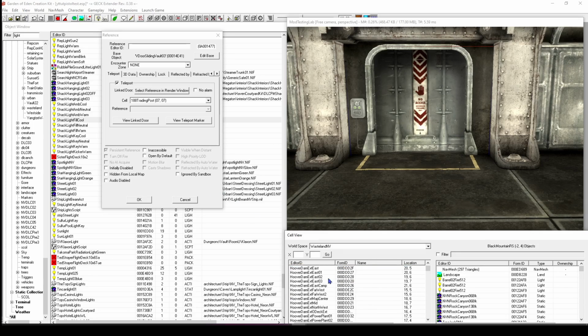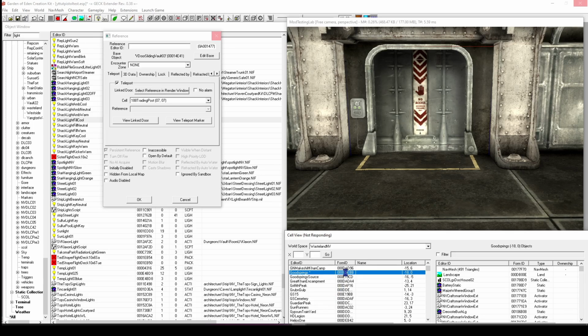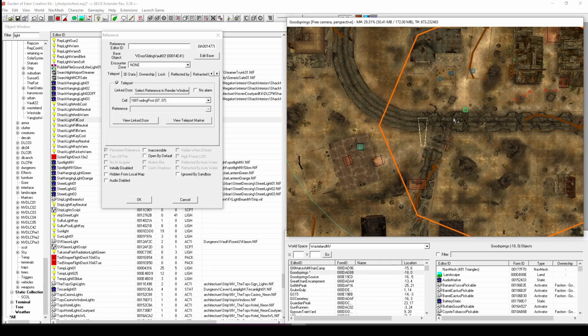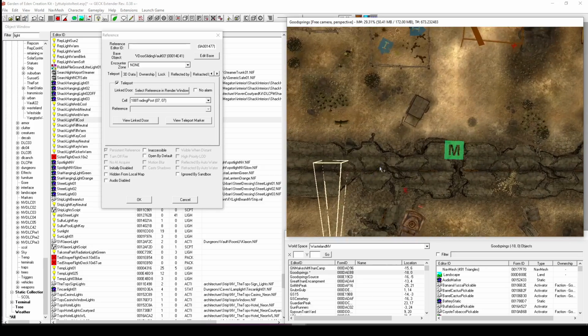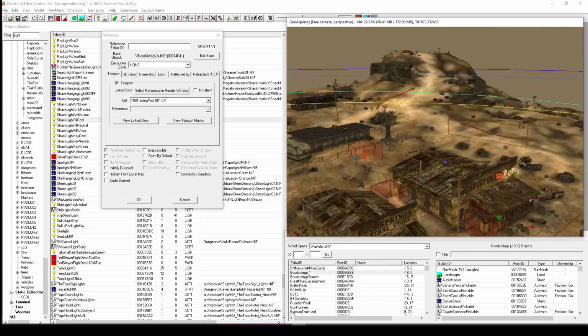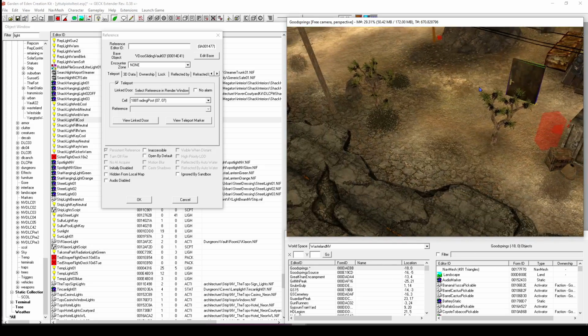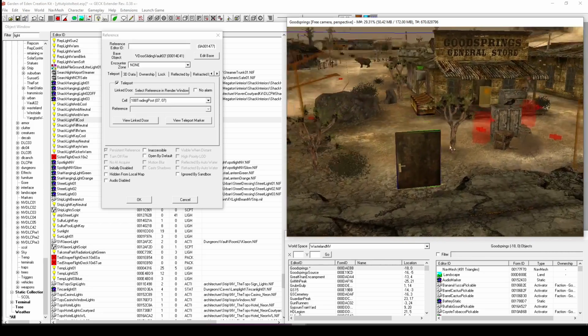I'm now going to go into Good Springs, double click it, and I'm going to place a door here. Your GECK might be a bit slow, but it will load in eventually. I'm going to scroll in, and I'm just going to take a random door. So I'm going to take Chet's door, Control D to copy it and duplicate it. I have my door here. I'm just going to throw it down here, hit F to floor it,